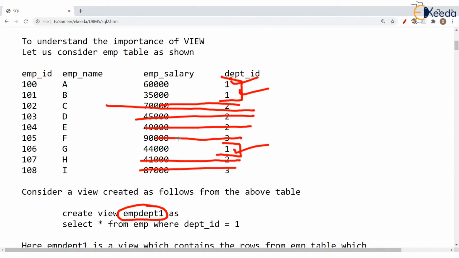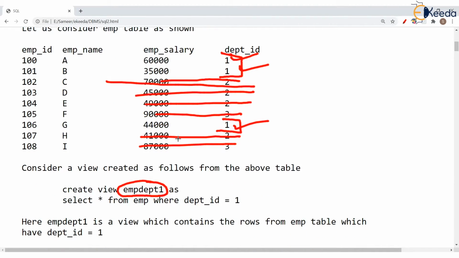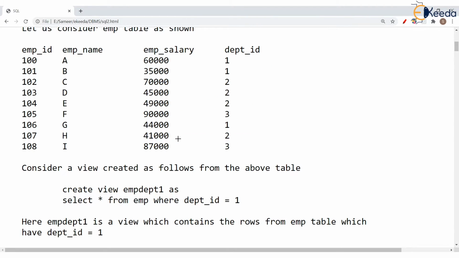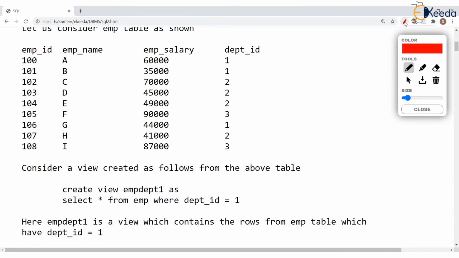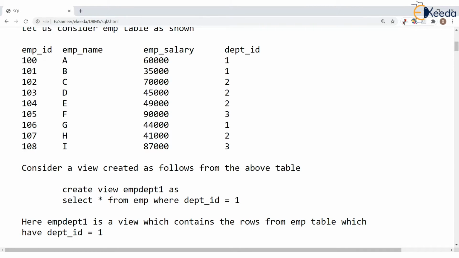This is like taking a snapshot of the bigger table and taking a cross section or selecting some rows and storing it in the view. There is more to this. Very interesting. Now just check this interesting point about view. What you know is only these three rows have been added in this view.